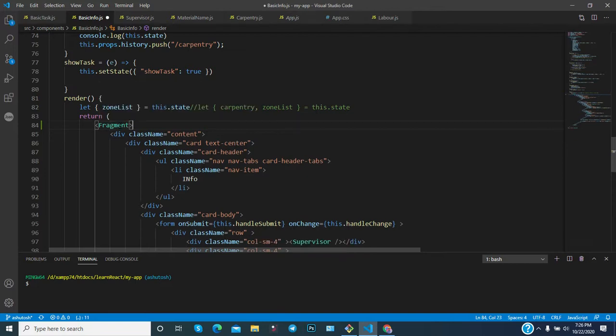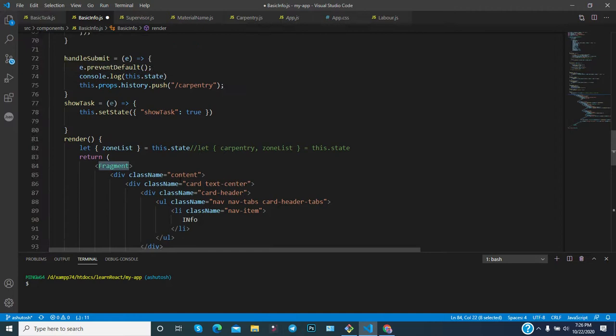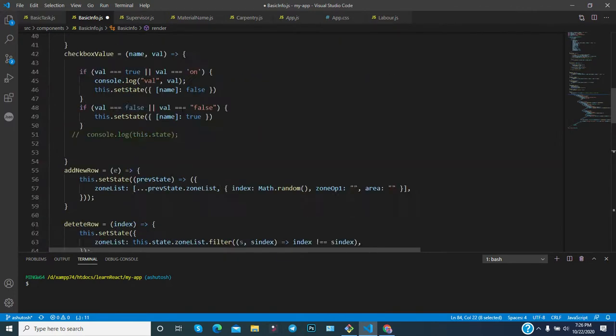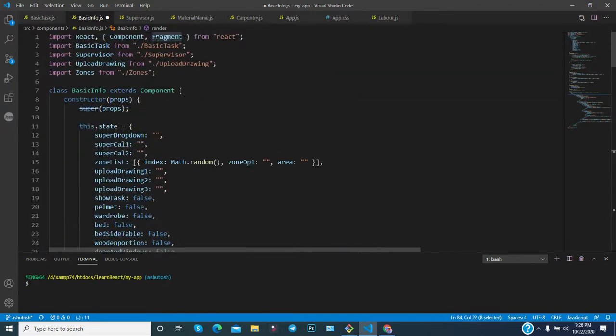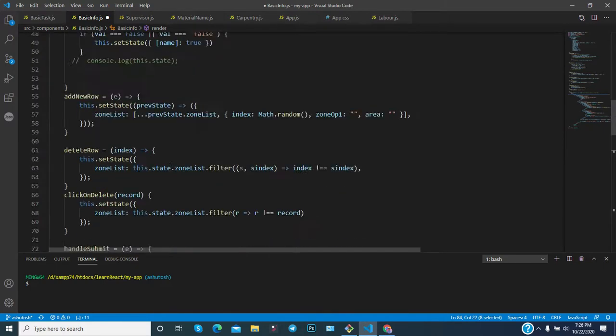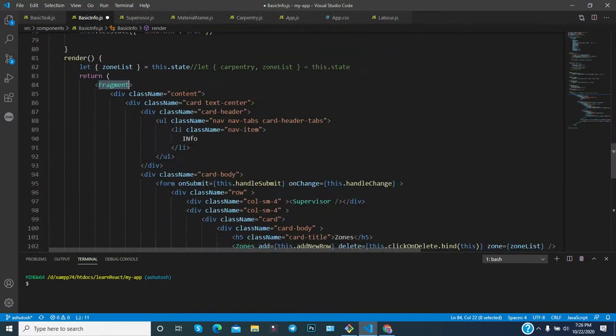For utilizing the fragment, you have to import it first, then you will be able to use it. Otherwise this will show an error, that it's not found. You have to do this, otherwise you can wrap in any opening or closing tag.